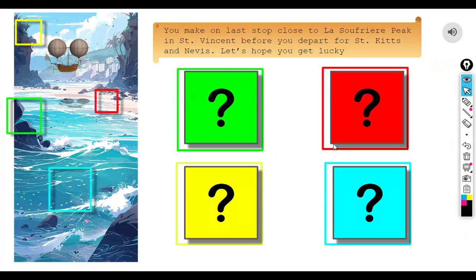Choose an area to look for treasure. Yellow, green, red, or blue. And the class is mixed. Can't really say there's a favorite color in class right now.